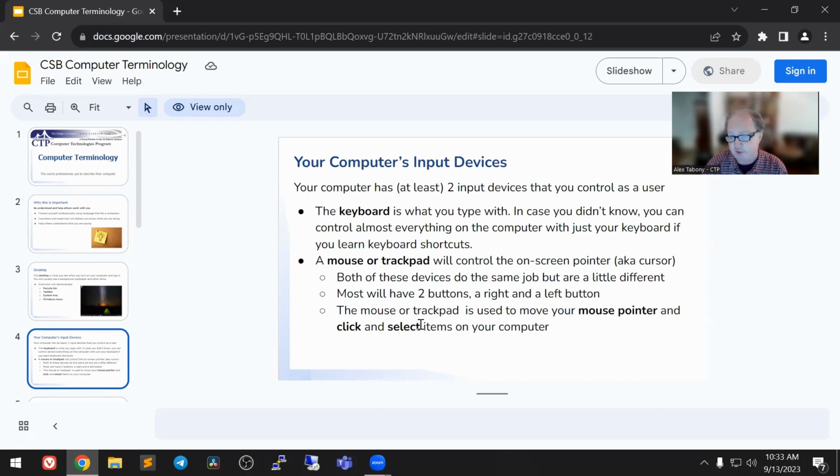And the first is the keyboard, of course. That's what we type on. It's got all of our characters, letters, numbers, symbols, special control keys, and things like that. And in case you didn't know, it's actually possible to control absolutely everything you do on your computer solely from the keyboard using keyboard shortcuts. So keyboard shortcuts can be a very efficient way to use your computer in some cases, but most users prefer a mouse